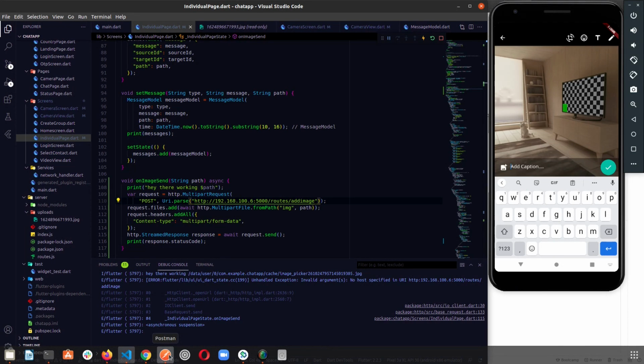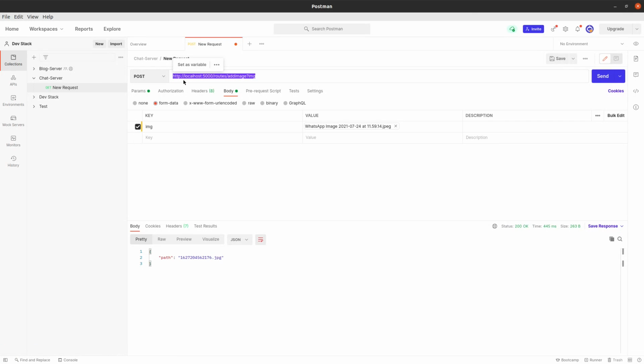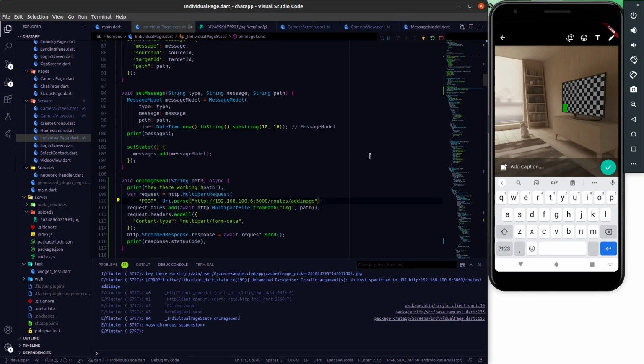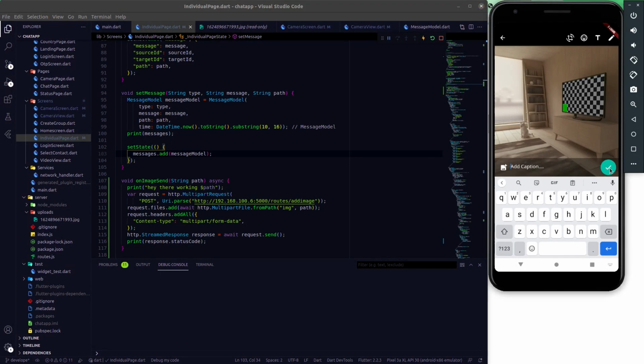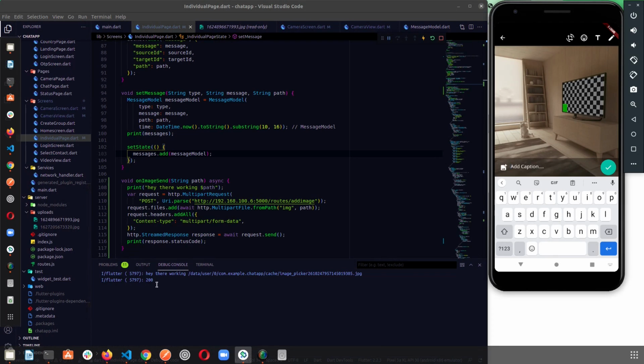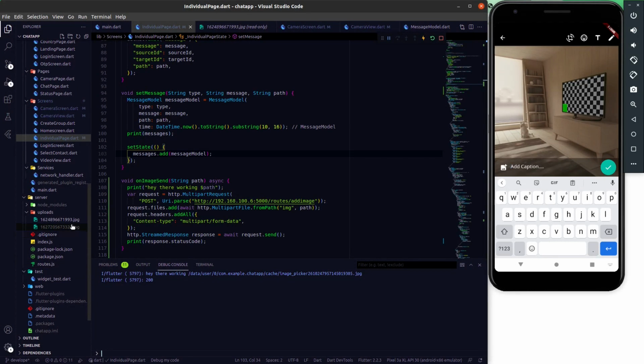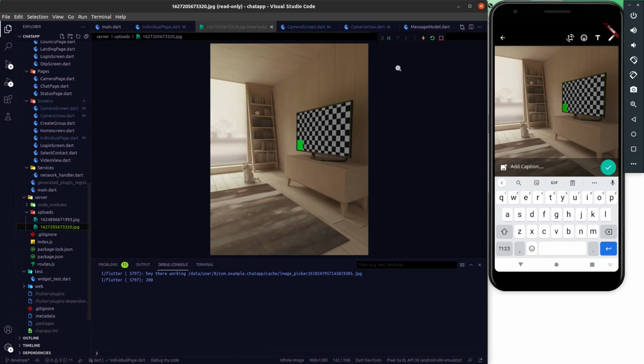I just made a blunder: I forgot to add the double slash. That happened at the time of recording the video. Sorry for that. Let's click on the yes button again. Yeah, we got the 200 response and that image is successfully stored inside our backend uploads folder, which means